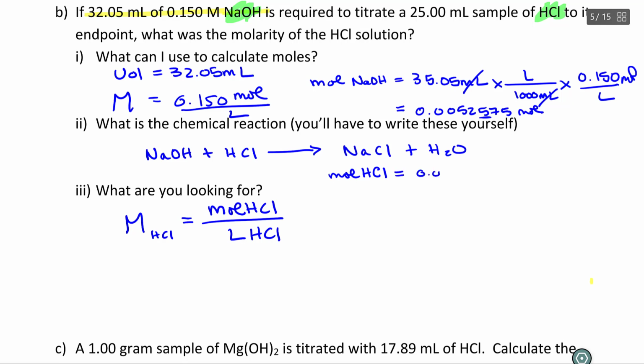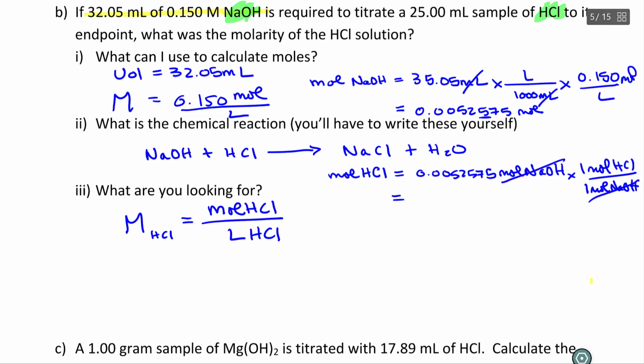It's 0.00525575 moles of NaOH times, and then it's 1 mole of HCl for every 1 mole of NaOH, like that. So in fact, this number of moles of NaOH is the same as the moles of HCl. So 0.00525575